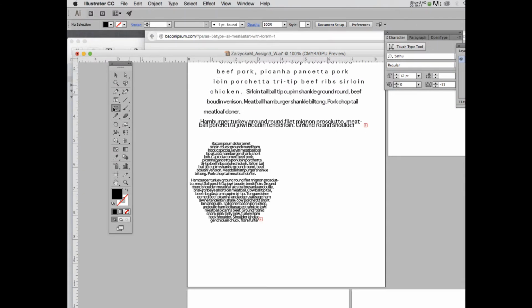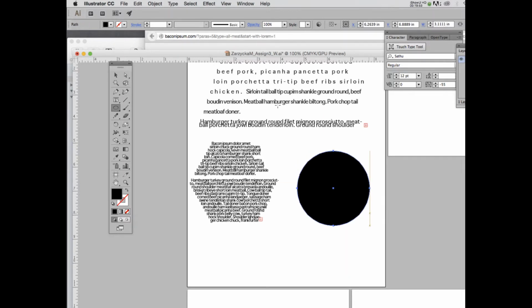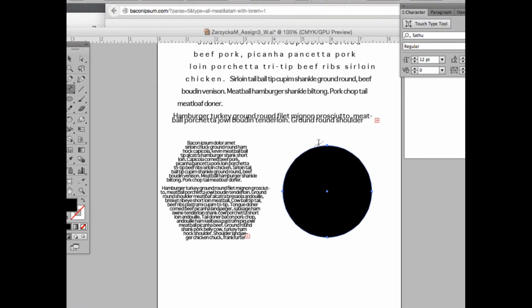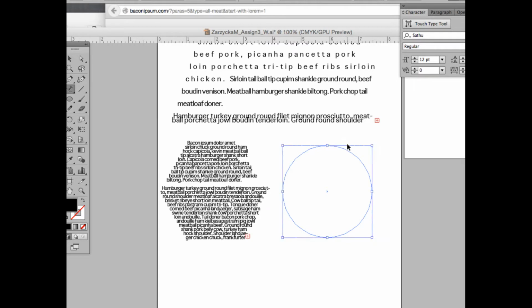So go ahead and select your ellipse and draw a perfect circle holding the shift key. Leave the size as 12 and navigate to your type tools and select the type on a path tool. Now it's important, notice what happens to the cursor. I don't know if you can see. It's important to see which way you are going or where you start. So this is like a starting point. I would probably do one from next to that anchor point on top. I'm going to do it slightly to the right side. Click on it. Now if you have text, let us go ahead and just type something like hello world,